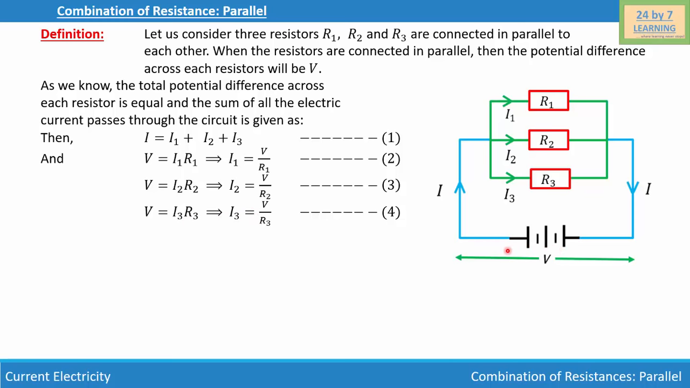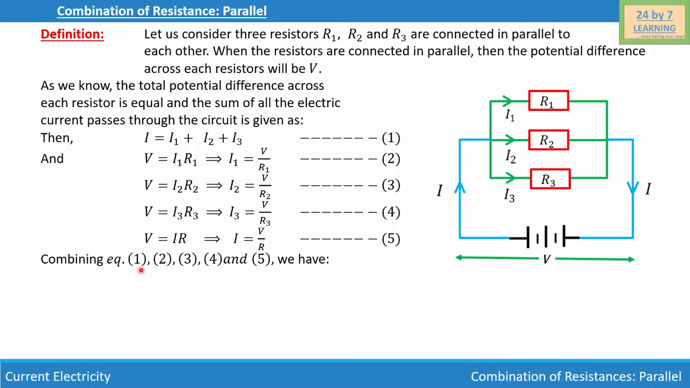As we know, the potential across the circuit is V and I ampere of current passes through the circuit. So we can write V is equal to IR, where R is the total resistance of the circuit. So if we simplify further, we will write I is equal to V over R, and let this be our equation number 5. Combining equations 1, 2, 3, 4 and 5, I'm going to substitute the value of